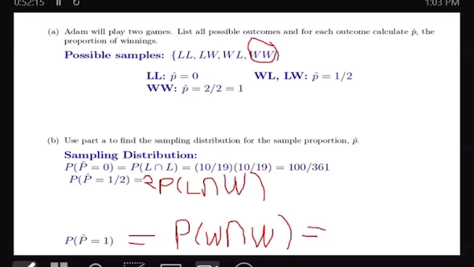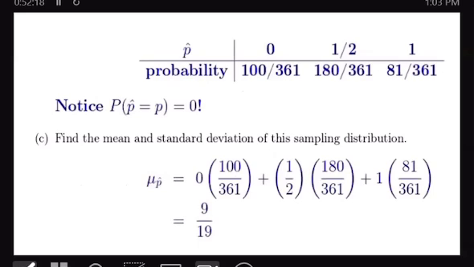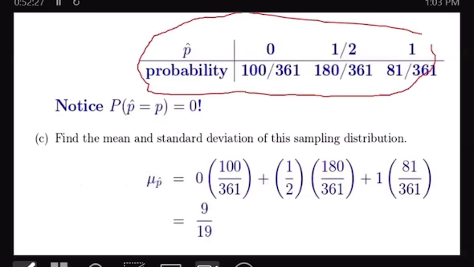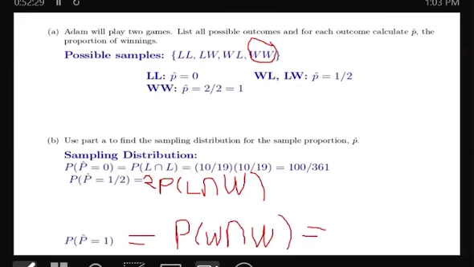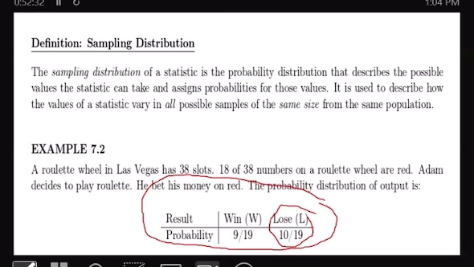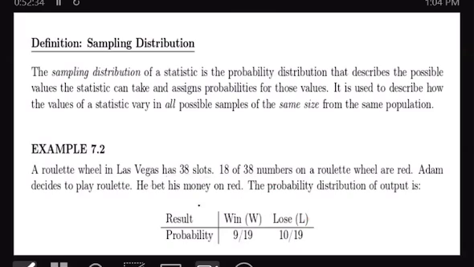I'm going to create a table. I need you to pay attention now. The table here is not the same as the table here. The table here is for the population, the way it was. Does that make sense? The table here. But the table here now,